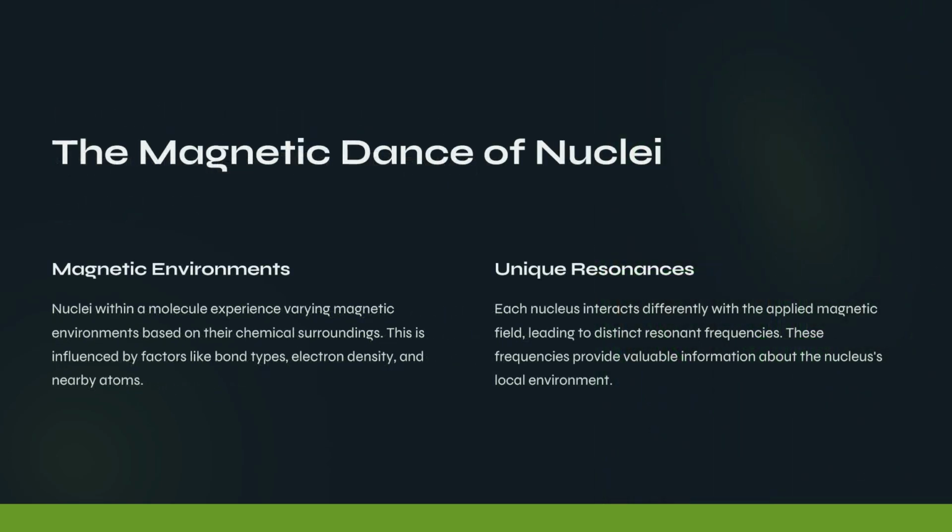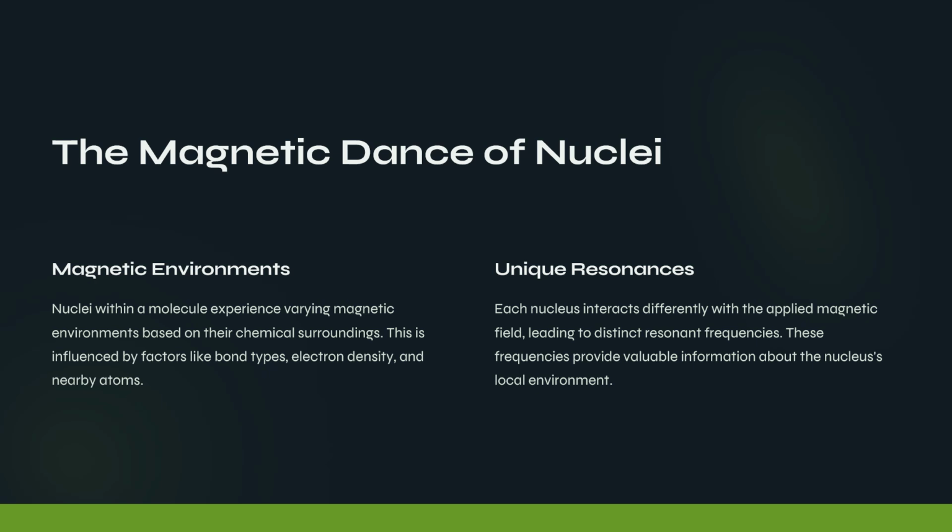Now, let's dive into the core concept of NMR, the magnetic behavior of nuclei. Every nucleus in a molecule behaves differently based on its surroundings. This is due to factors like the types of bonds it's involved in, the electron density around it, and how close other atoms are. All these factors influence the local magnetic environment, which helps us identify each nucleus's role within